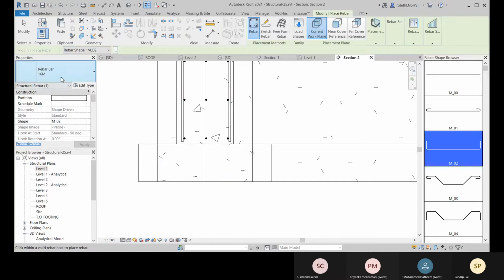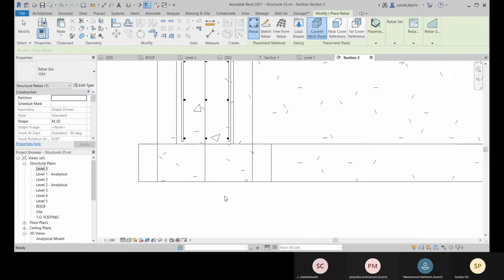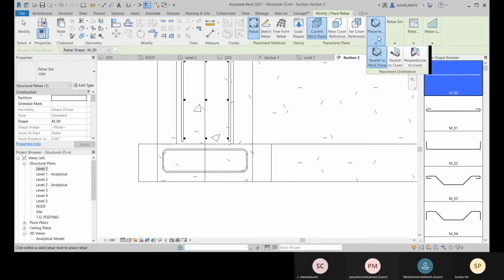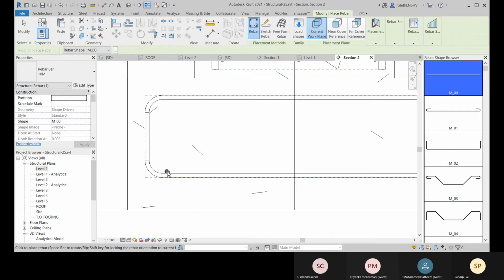Okay, and as per this one, I need to select this one. Like this we'll be placing it, and there you select it, and now you will be placing with perpendicular to cover, and there you can place.